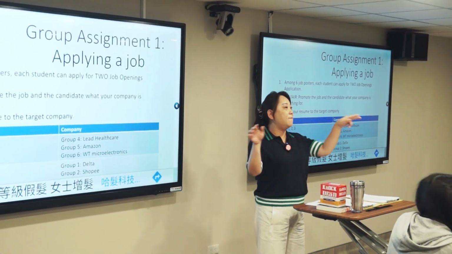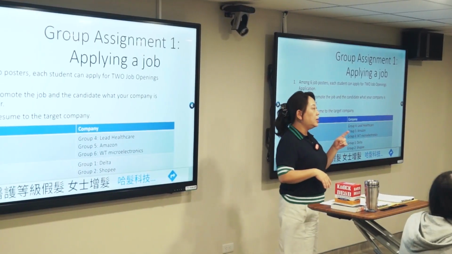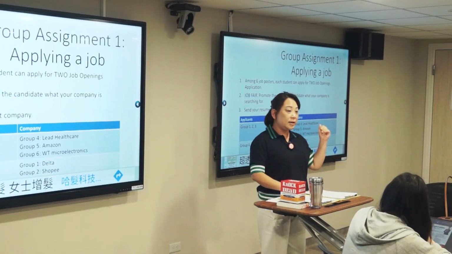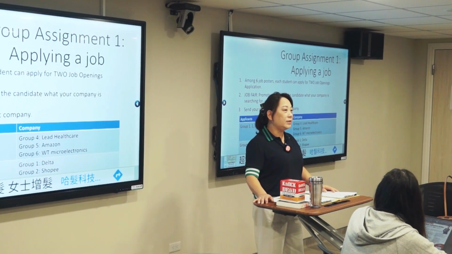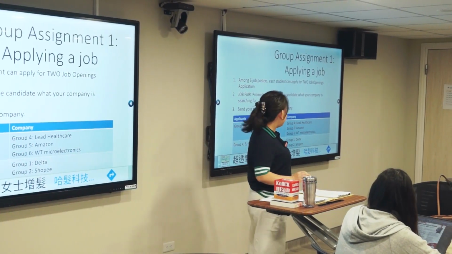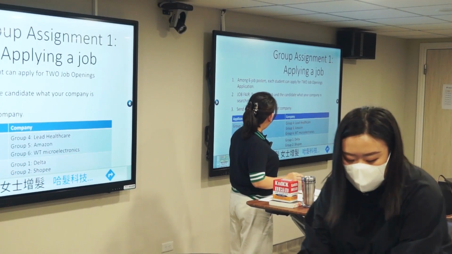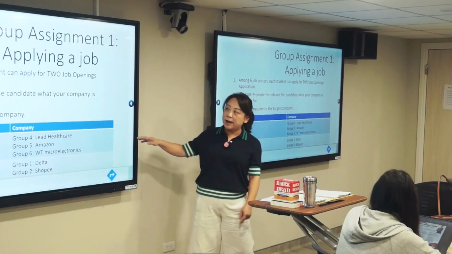So that means we have 6 jobs offered now. Each of you can choose the 2 jobs that you are interested in. Lindy, what's that? You are confused? You cannot find your group? What's going on here? Is it covered? It's covered, I guess. I will confirm right now.